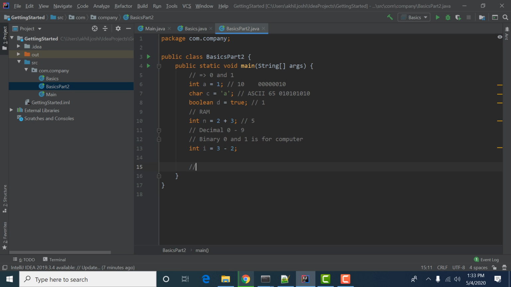So next, the topic we have is operators. There are a lot of types of operators, like addition, subtraction, division, and multiplication, and we have the percentage operator. I will explain what these are doing. Then we have the exponent operator, and then we have the left operators and right operators.